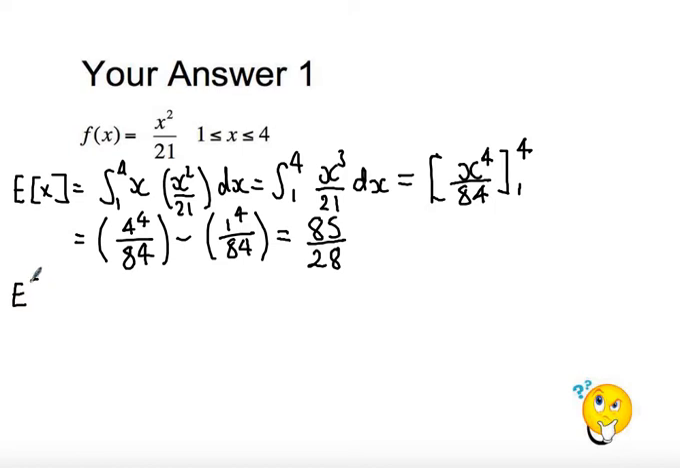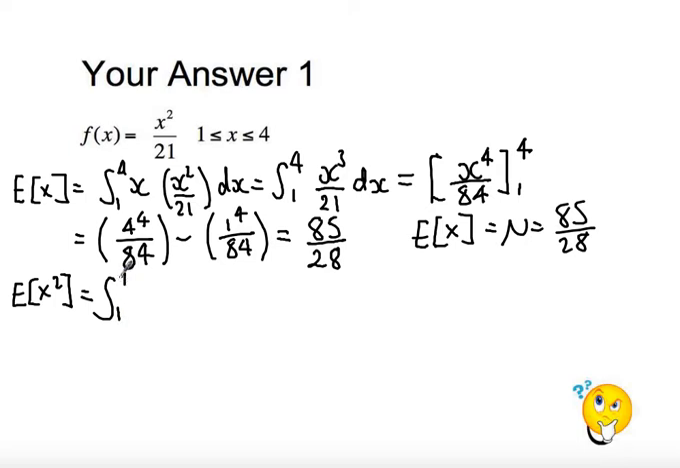Next, let's find the expectation of x squared. So let's just state that, just as nice and clear for us. So the expectation of x is equal to the mean, which is equal to 85 over 28. So let's do this for expectation of x squared. Exactly the same process, remember, except we're going to multiply the function by x squared instead. So we'll get x squared times x squared over 21